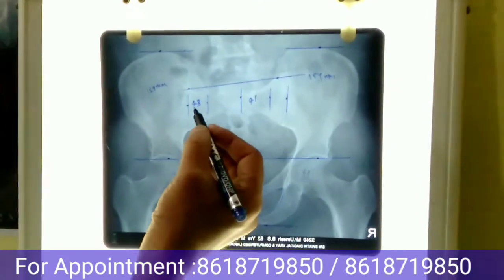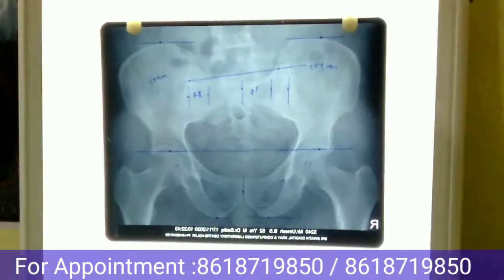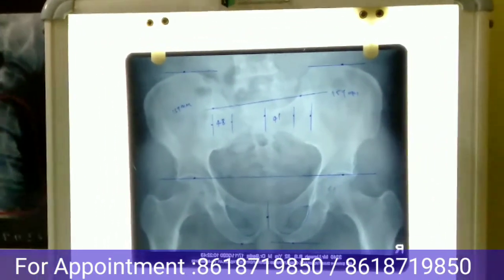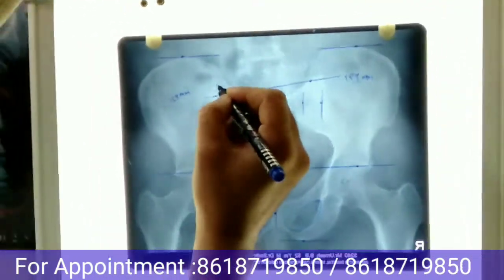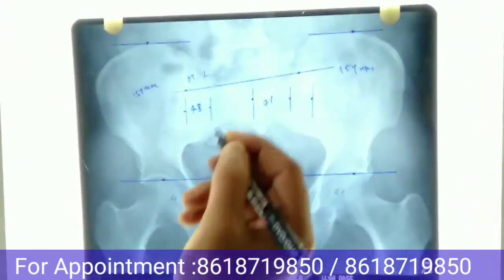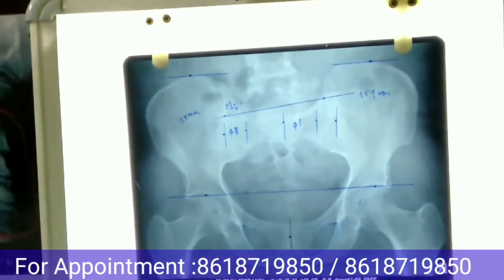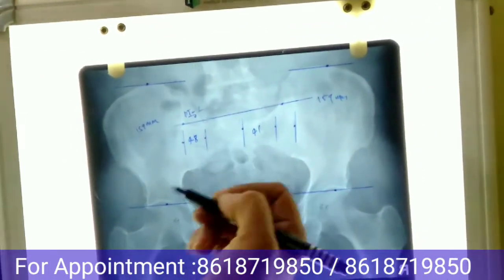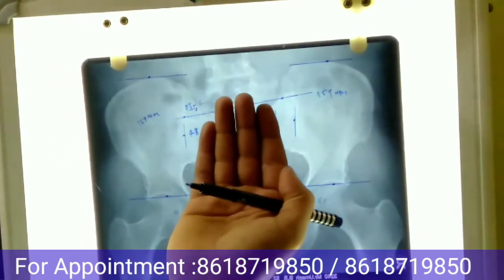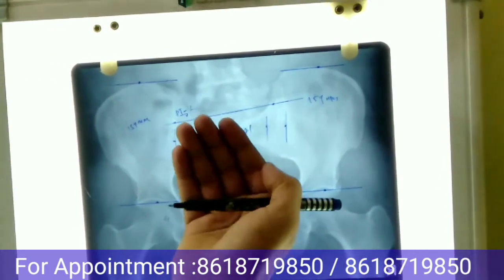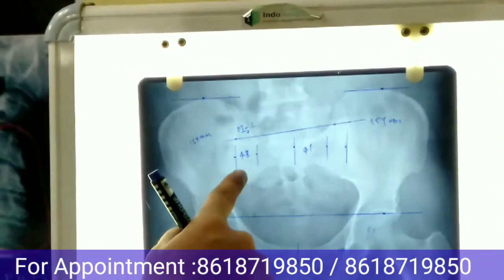In this case, the listening is the sacrum. So there are 4 listenings in the sacrum: P-R, P-L, PI-R and PI-L. In this case, PI-L, PI dash 7 L. Why have I written PI dash 7? In the sense there is a 7 mm difference from this side to this side. What will happen in this case? The sacrum base came posterior inferior. This is the PI dash L listening.